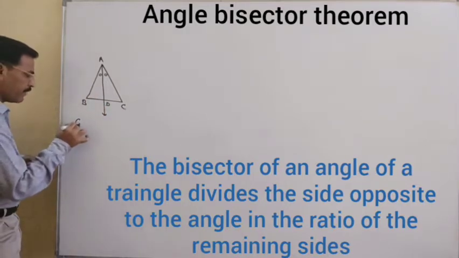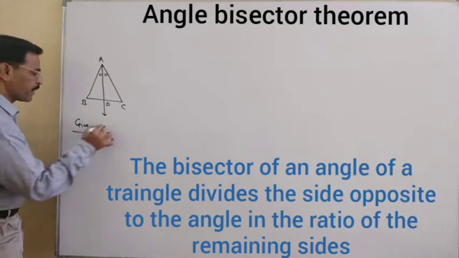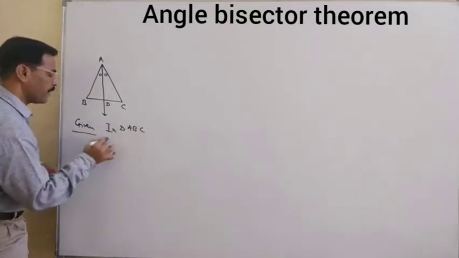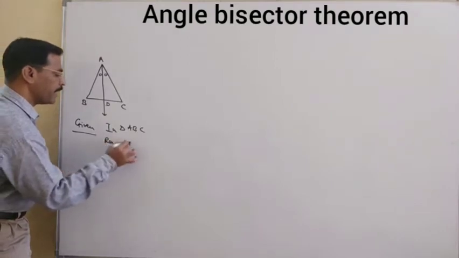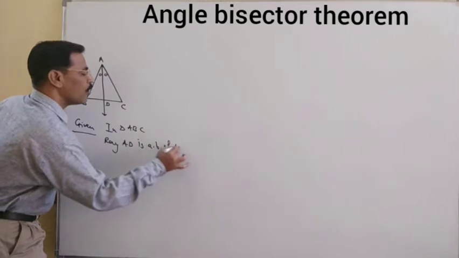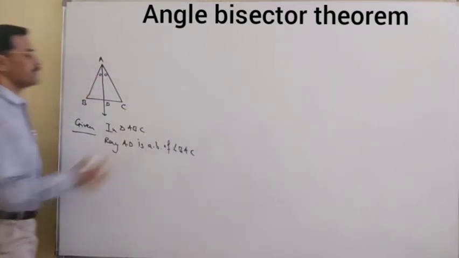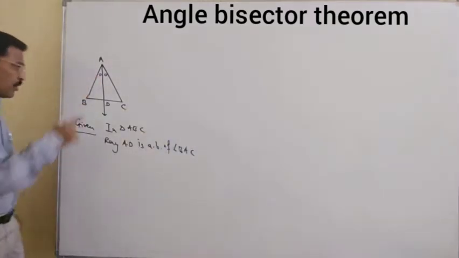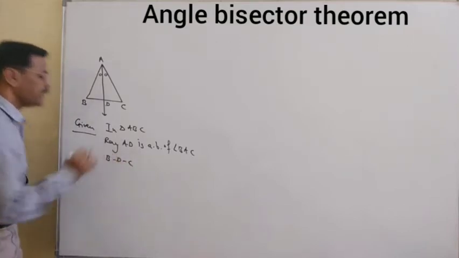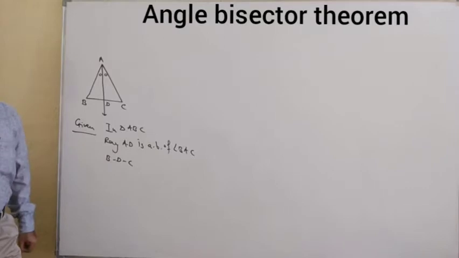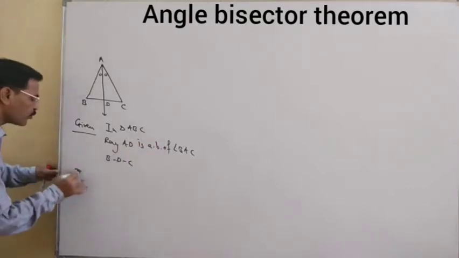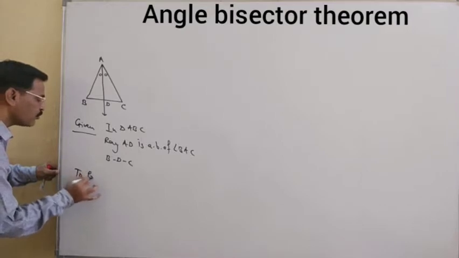Okay, see here. The given part we write. In triangle ABC, ray AD is the angle bisector of angle BAC. Now D is such that B-D-C. This is the part which is given to us. Okay. Now what do we have to prove here? We have to prove